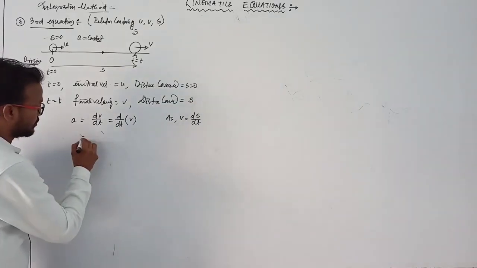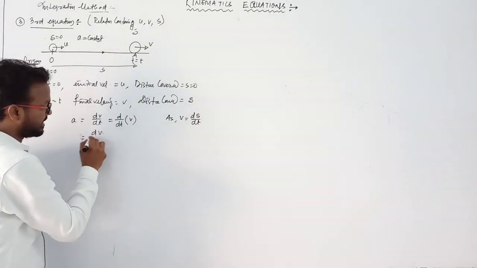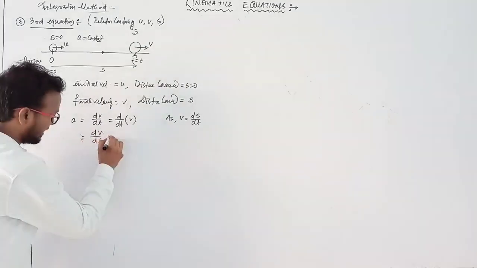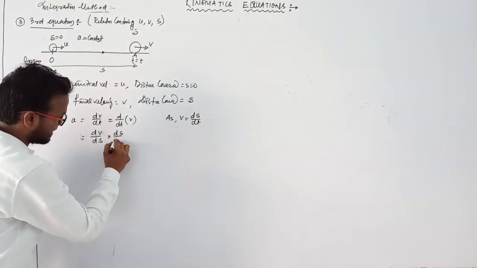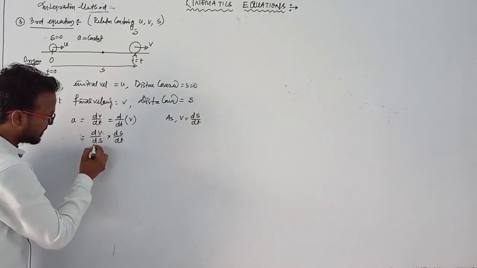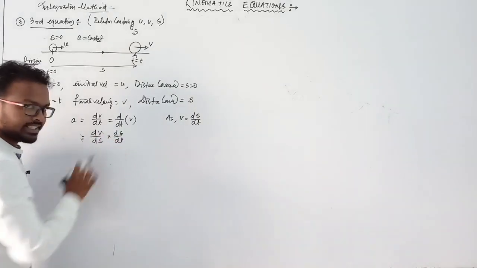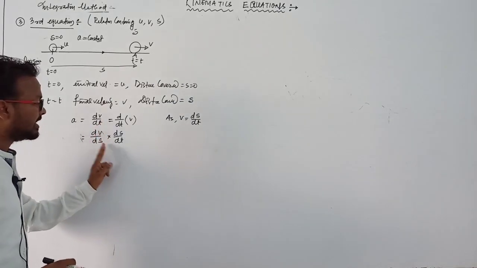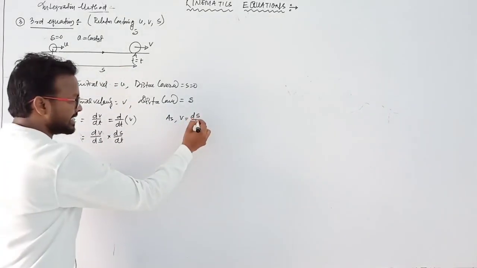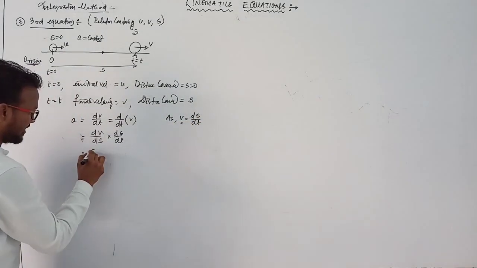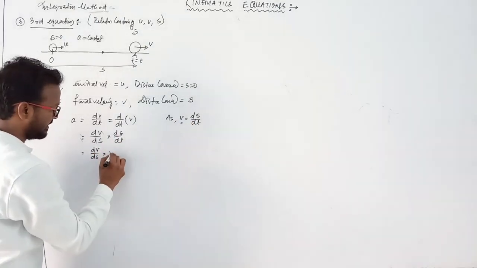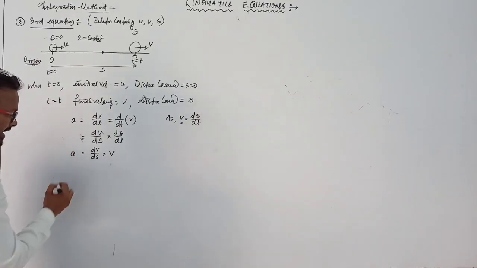We can write dv divided by ds into ds divided by dt, the same thing, because ds cancels, and the remaining part is again ds by dt. We can write differentiation in this format, and this is known as the chain rule. Clear? So in this case ds by dt equals v, so dv by ds into ds by dt is v,